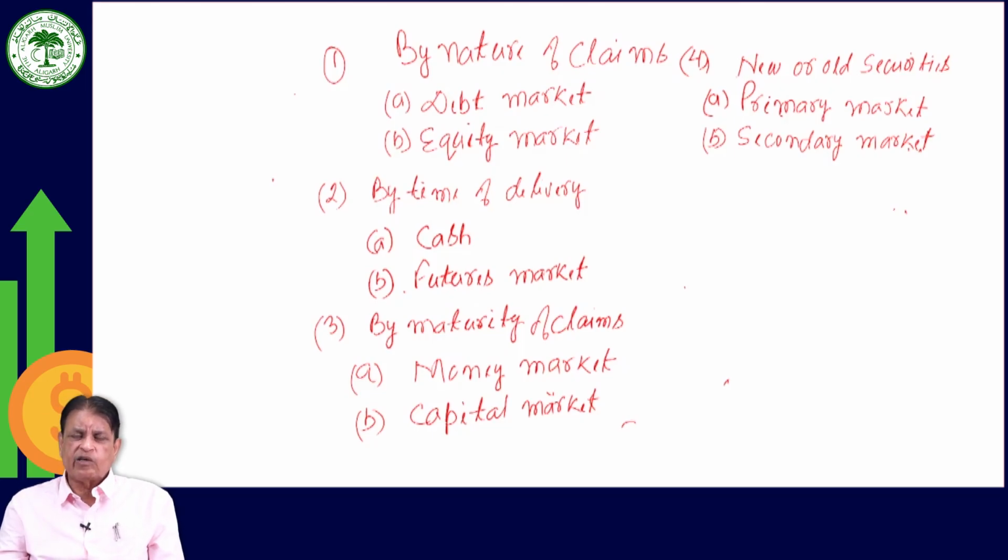The securities here are issued by the deficit budget units, or securities may also be issued even by the financial intermediaries, and these are purchased by the surplus budget units. But the important characteristic is that these securities are issued for the first time. Now, secondary market is a market in which the securities which have already been issued, already been traded, already been sold are again traded, sold and purchased in the market.